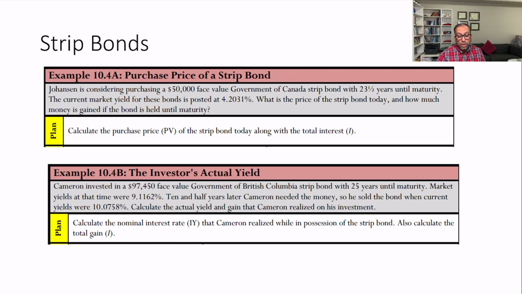10.5 years later, Cameron needed the money, so he sold the bond at the current yield. Calculate the actual yield and gain that Cameron realized on his investment. Calculate the nominal interest rate IY that Cameron realized while in possession of the strip bonds. Also calculate the total gain. So what we have to do first,